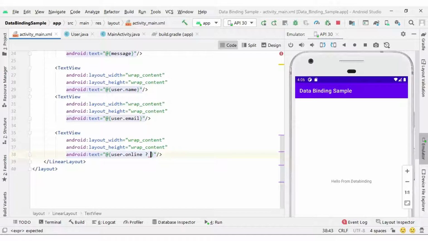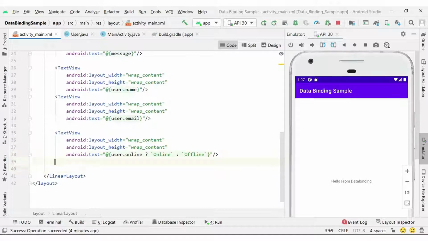So instead of a boolean value, you can also create an expression here with the data binding syntax, and here I can use backtick to concat the string between double quotes. So here I can write online, colon, and again backtick with offline. This is how I set the expression with a boolean value. We cannot have a boolean or integer value.